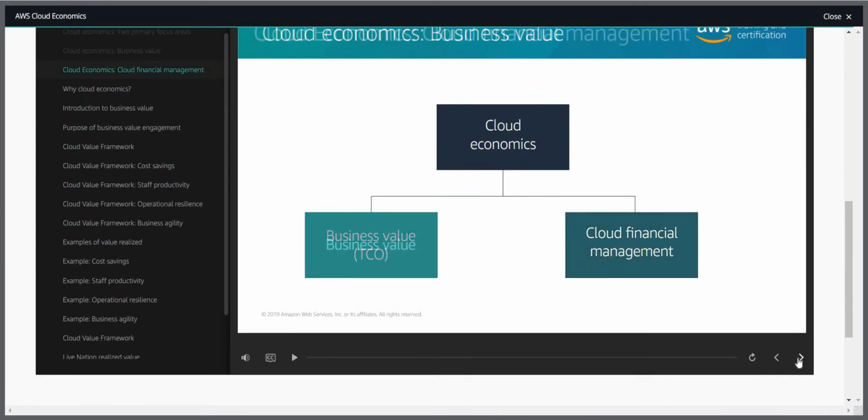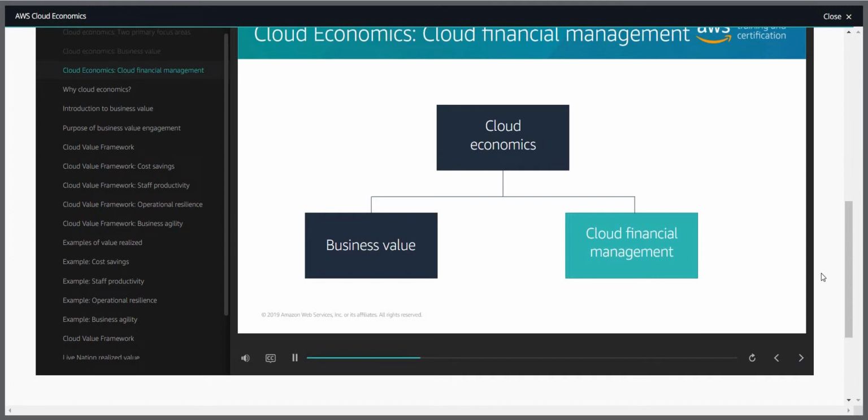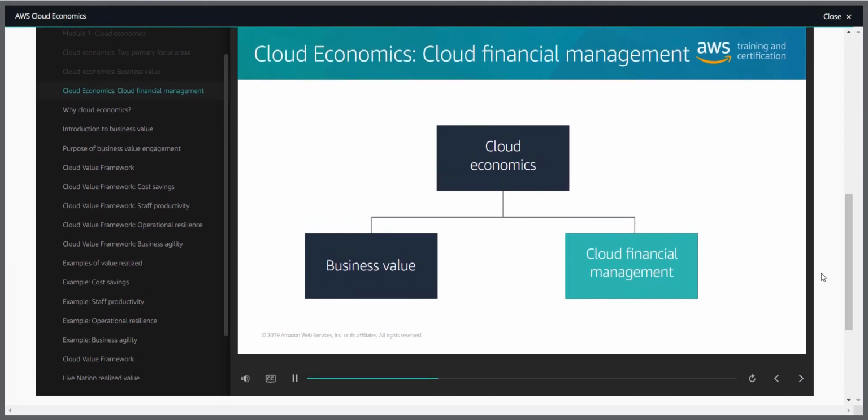Cloud financial management is the other part of cloud economics. This area focuses on helping AWS customers be successful in financially managing their cloud infrastructure. Cloud financial management helps customers develop the skills and tools necessary to realize the full economic benefit of the cloud through their AWS journey, from planning a migration or building a new app to running their business on the cloud